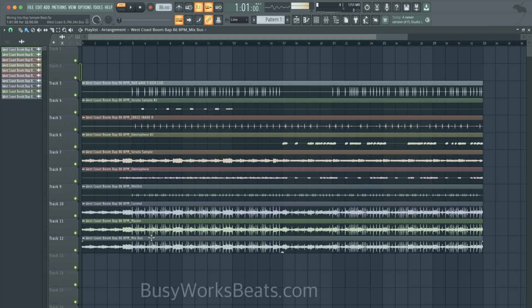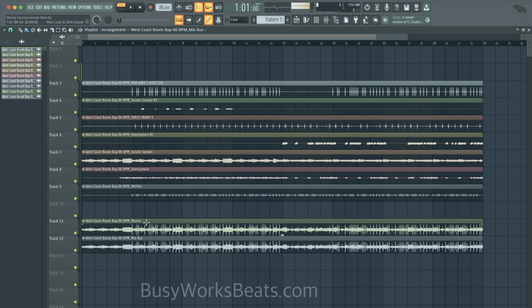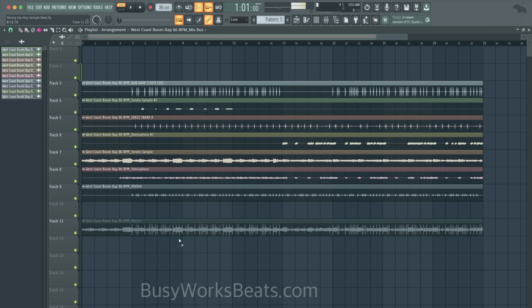The first thing I want to do is get rid of the master. So the first thing you want to double check is that you don't have any duplicated tracks when it comes to mixing. By default, FL comes with these current tracks that we don't need for mixing, so you could just delete that one. And we're going to delete the master unless you want that as a reference for later. We don't need the master. So what I could do is just mute it with the mute tool. And next, we have the mix bus, which is basically a pre-master. But because I turned all the effects off before I imported the files, they're basically the same thing.